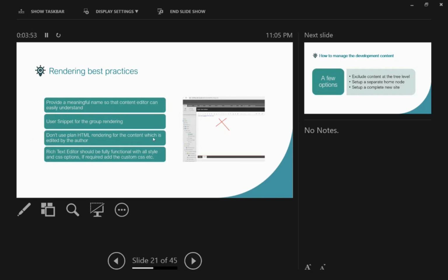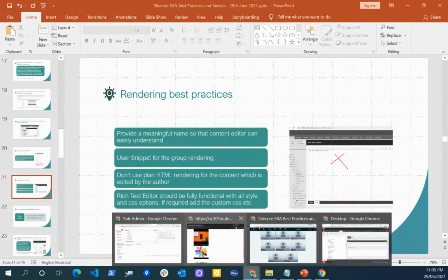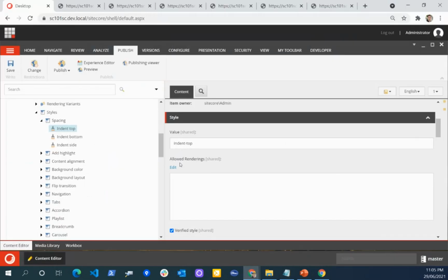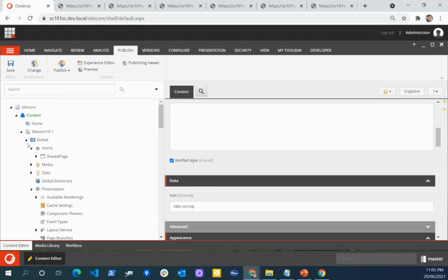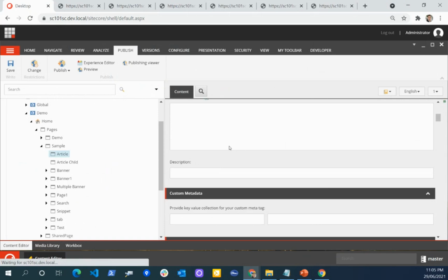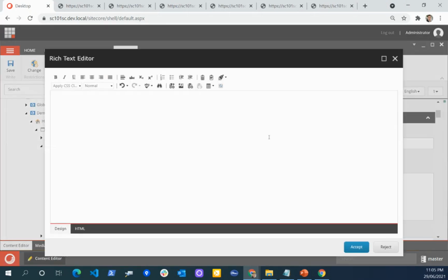So for rendering best practices, I just wanted to show one more thing here. When we are using the SXA, we need to make sure that if I go to any of the page content, let's say on the article, this is very important, like the content editor.